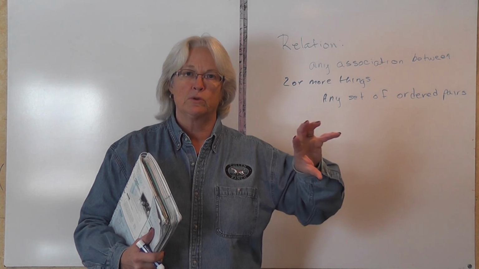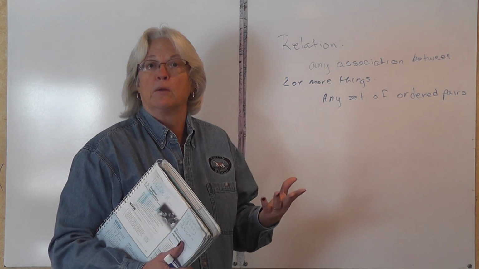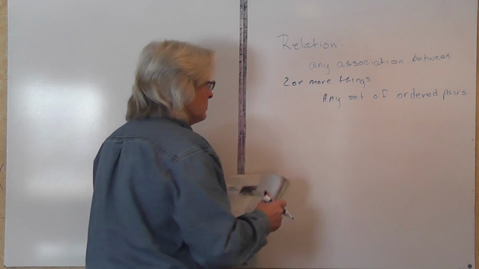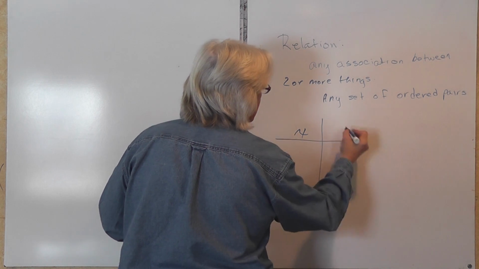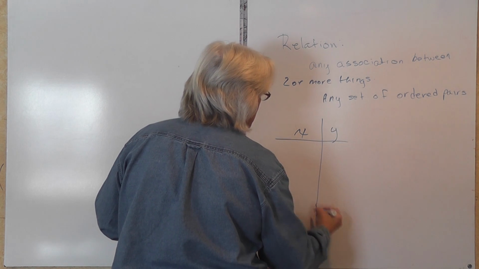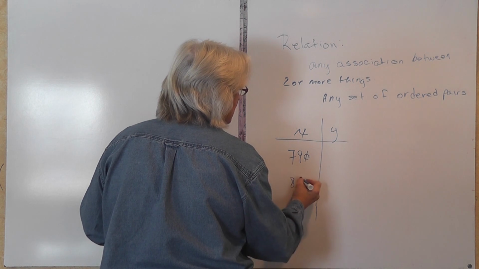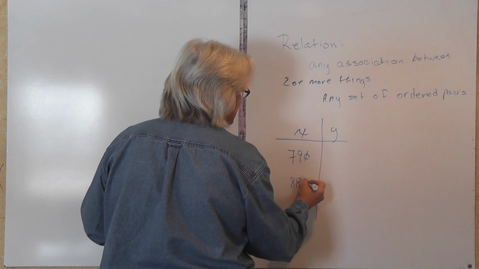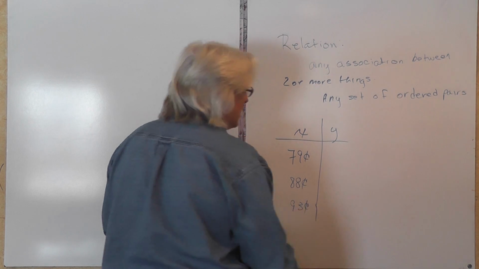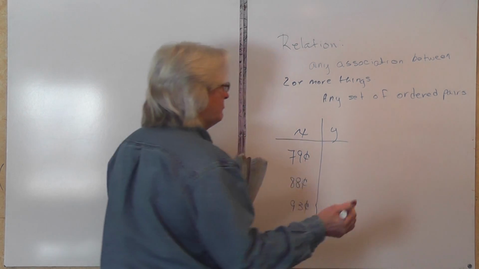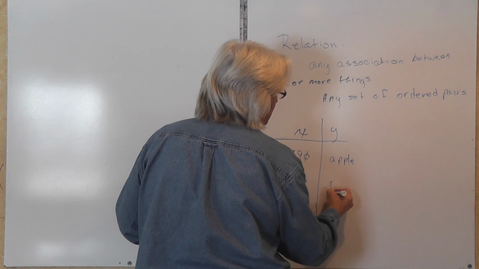When we first come up with the idea of a relation, a very common example of this would be the relationship between prices and items or objects that are available for purchase in a grocery store. We could set ourselves a little chart here that illustrates that relationship. In the X category, we have some prices here. Well, I'm going to say 88 cents and 93 cents. And in the Y category, we're going to have apple, gum,